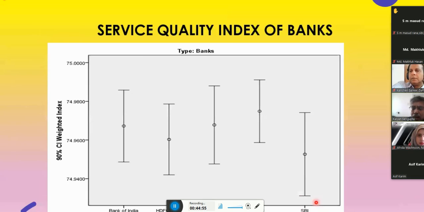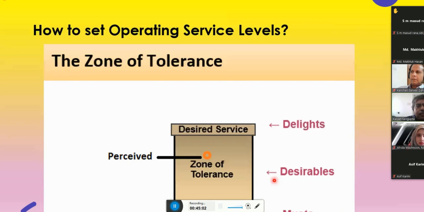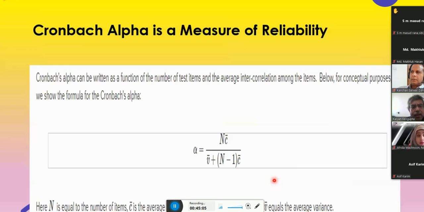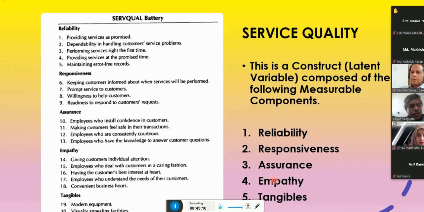Yeah, I definitely have a sample questionnaire. Especially for the bank, if you are interested in the bank or financial sector, you can see that the very basic elements are these, but according to the application, you have to change the wording. In a hospital, it might be different. In a telecom service, it might be a little different. But for the bank and financial sector, this will be the one.